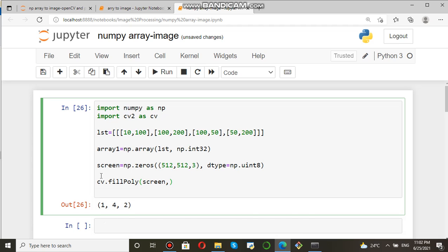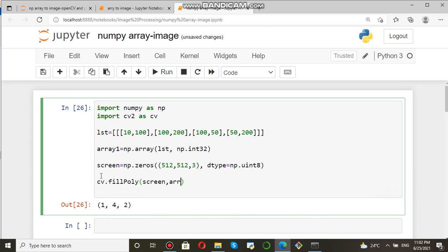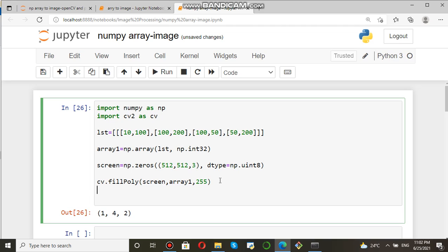And then you can see pts. Pts is a pointer. An array can be treated as a pointer. You can pass the array name, and then the color.